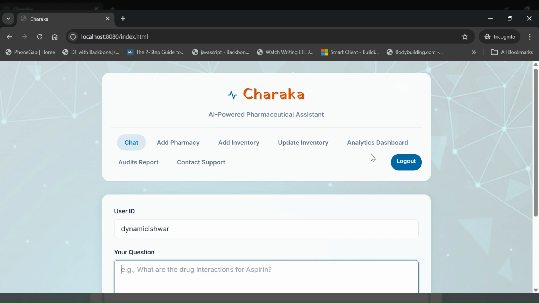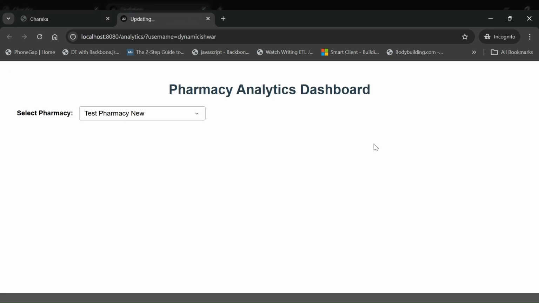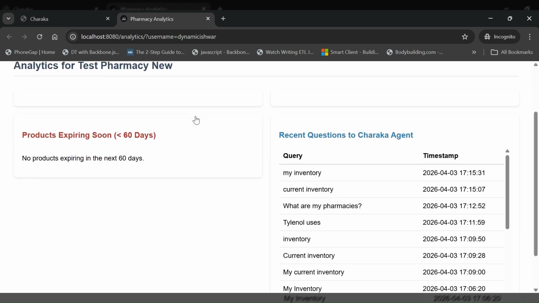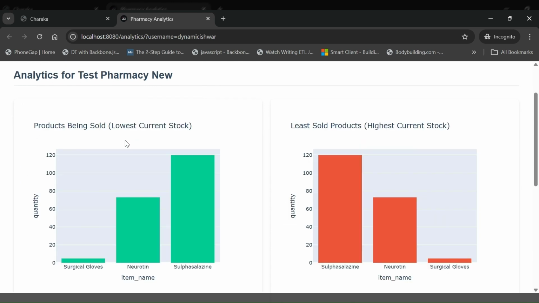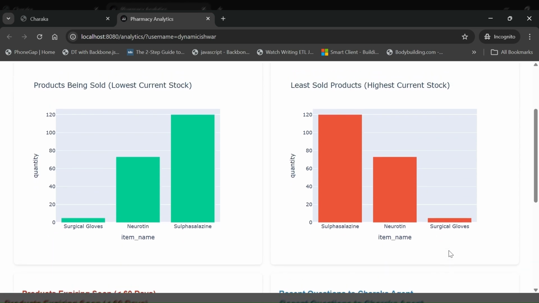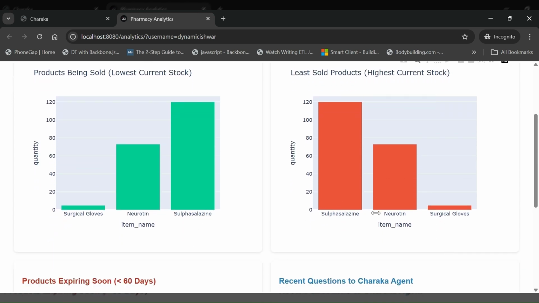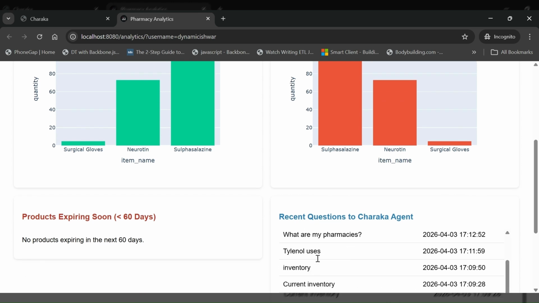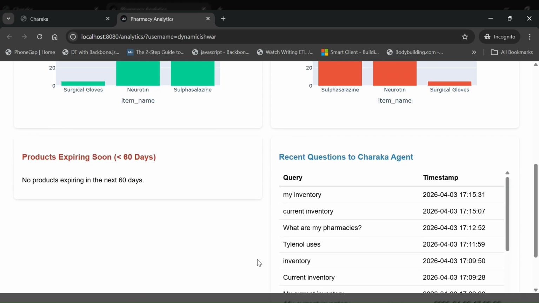Now, we could also use the analytics report to check. So in this pharmacy there isn't any expiry, right? So it tells you what the lowest stock and the least sold products were, and the products being sold are these. There are only three products over here, and basically it'll also give you the risk, the queries